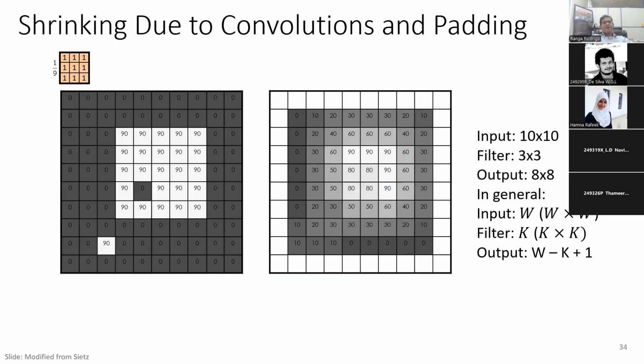Okay, now let's look at that padding thing. We saw that when you run a 3 by 3 filter, for example, the filter can be fully placed only here. This is the first location of the center. You cannot keep it here, you cannot keep it here, because then the filter will not overlap fully with the image. So therefore, no numbers here, here, here, and so on. For example, if you take an input 10 by 10 image, images are larger than that, but for time being,